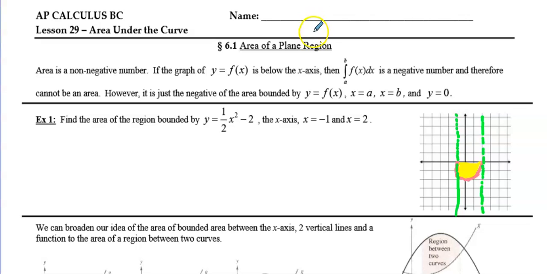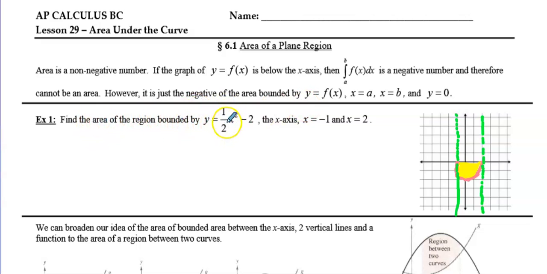Hello everyone, welcome to lesson number 29 for BC Calculus, where we're talking about how to find area underneath a curve. I just want to say that usually when you're doing area between a curve, you are given the functions that you want to find the area between, and you're also given bounds. You're given bounds, and in this particular first example that you guys see right here, we're finding the area of